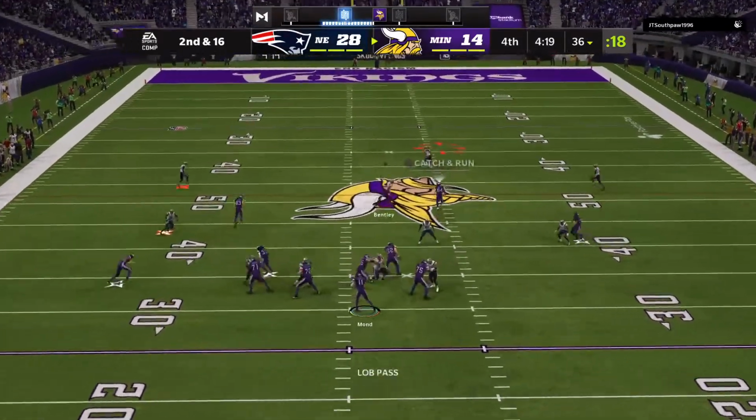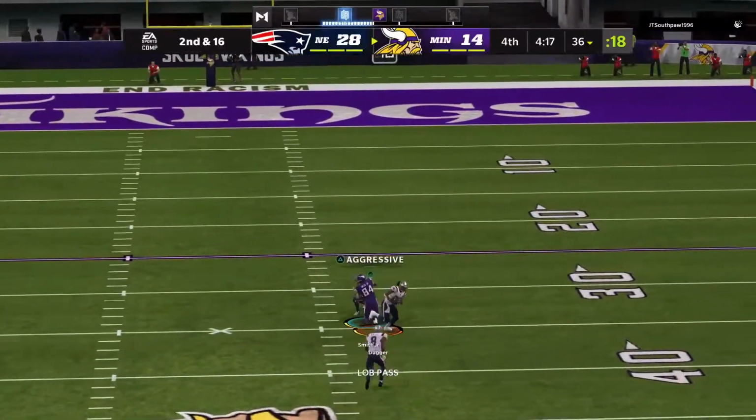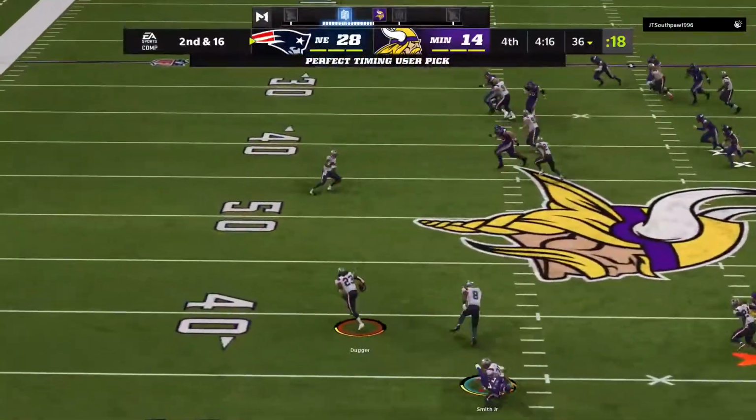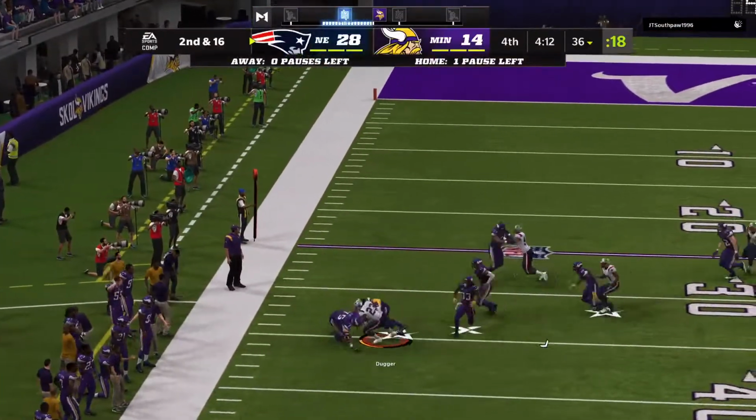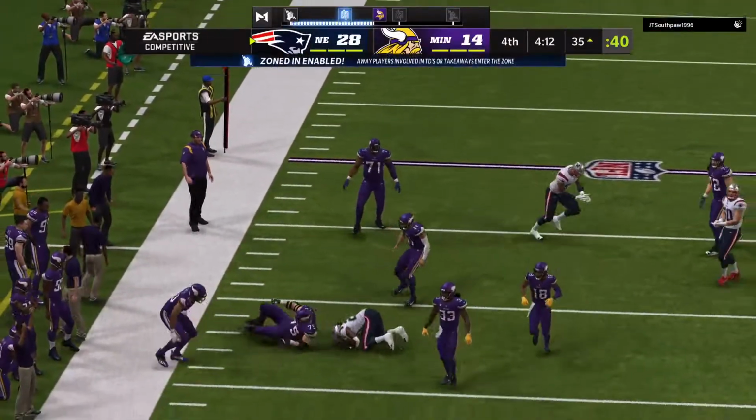After the sack on first down, Mond. And his pass is intercepted for the 4th time today. It's Kyler Duggar who picks it. And a big return will get him all the way down to the